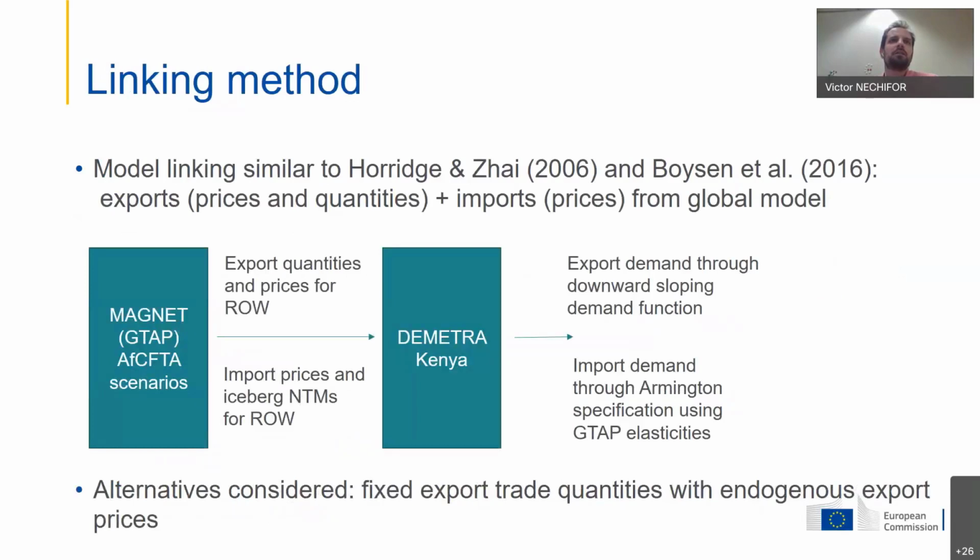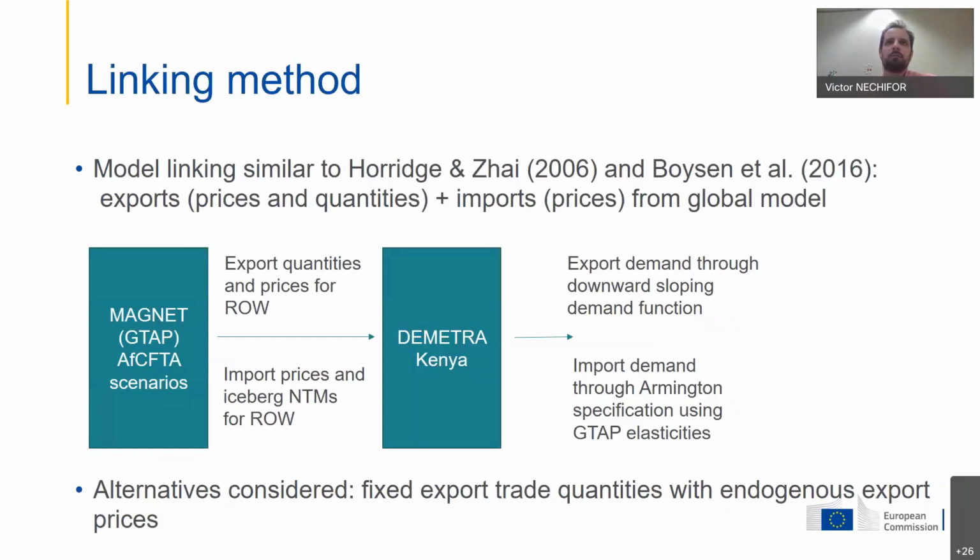In terms of the linking of the two models, we follow the methodology from Forage and Zai, whereby on the export side, from the MAGNET model, we use the prices and quantities to calculate an export demand shift, which is then implemented in the Metra. And then on the import side, we're taking only the price information and also the iceberg NTMs, which are then implemented in the Metra as productivity shocks in the Armington